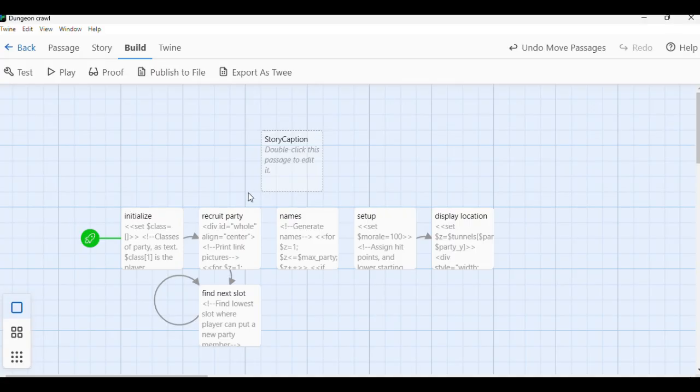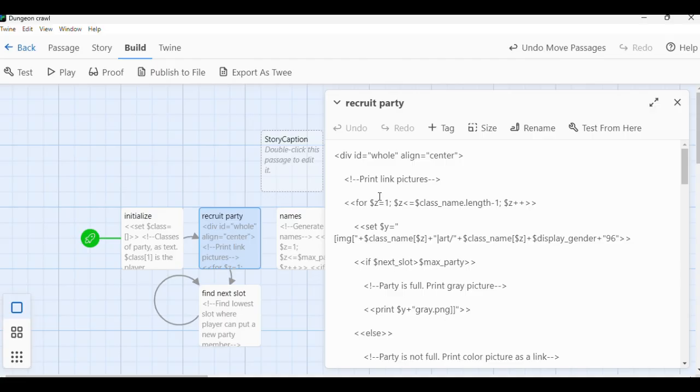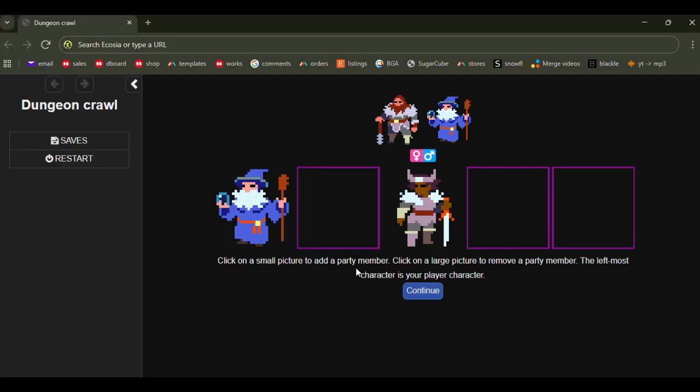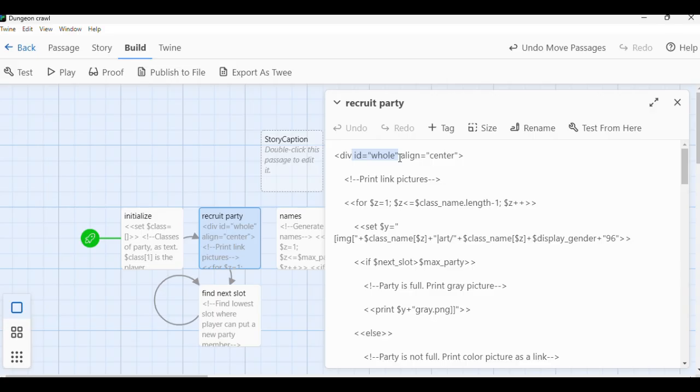So let's have a look at the code, which is all in this recruit party passage with some diversions to this one, find next slot. So first of all, we set up a div. This allows us to center everything, and it gives us this ID, which we're going to use for the replace